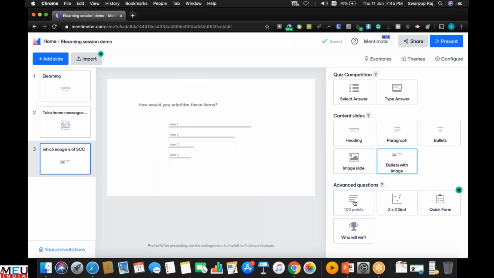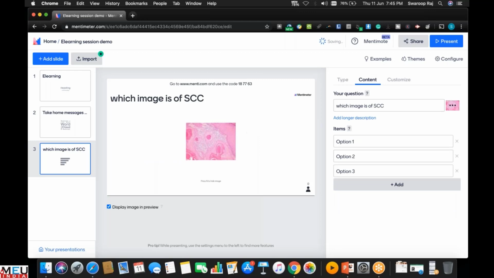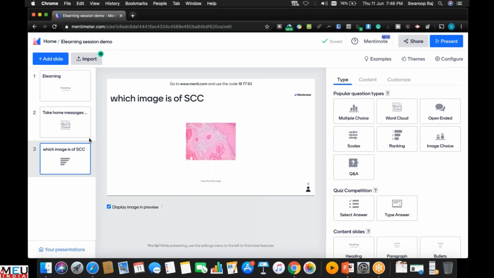In advanced questions, you have some options where you can give overall 100 points and ask what the student ranks first. In a theory class this is probably very difficult, but if you're doing it for a presentation, I can tell them that out of 100 points, which are the areas you would want to score high, for example the quality of the speakers or the quality of the food. The audience will have to split their points in between.